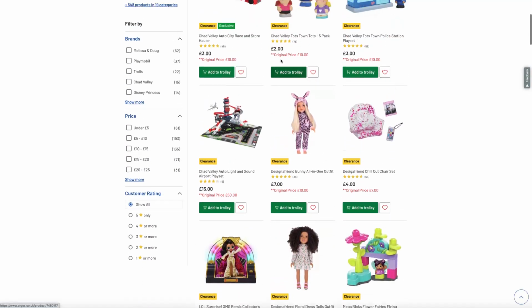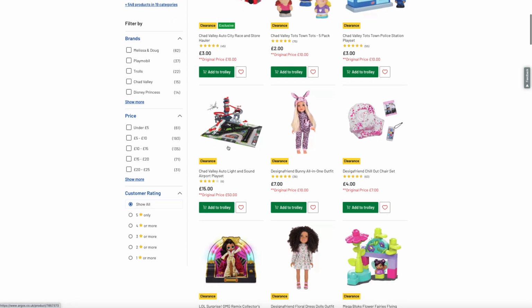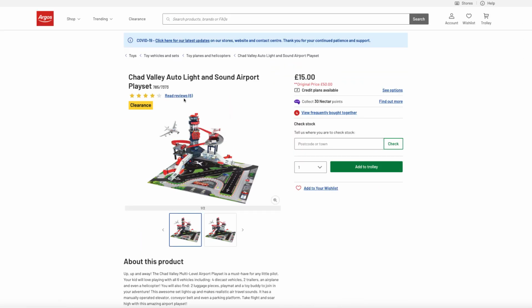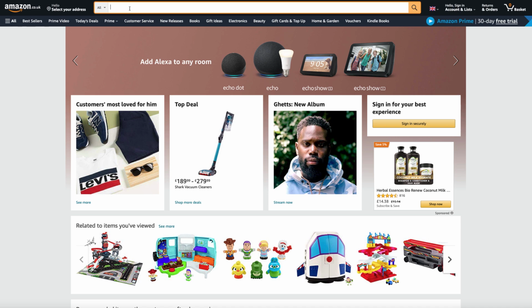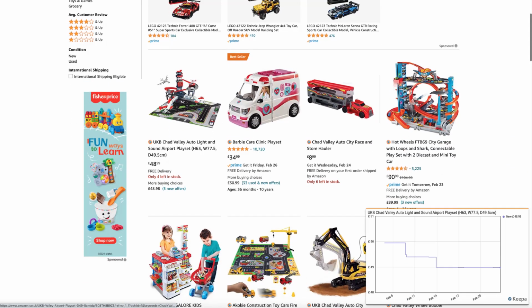I like selling products in the toys category, and if I go into toys, then I can just browse the products. What you would normally do is pick a product, for example this one, then select and copy the title, go into Amazon and paste that title into the search box. As you can see, we have found the product here, and the current price is £49, which gives us great profit. So if I click on it,